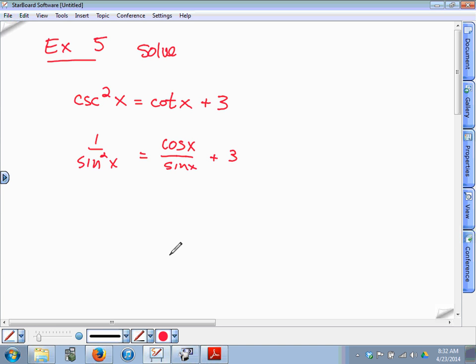7.1 notes. Quickly go to 7.1. Flip back in your notes. We had this identity here that you wrote down, sine squared of x plus cosine squared of x equals 1. And then we kind of rearranged this to equal a few different versions of the Pythagorean. Do any of those have any bearing on this problem? So say that one that you guys just said right there. 1 plus cotangent squared